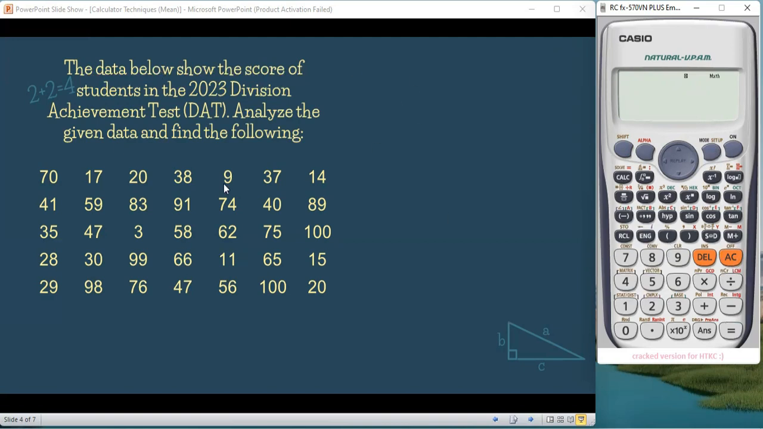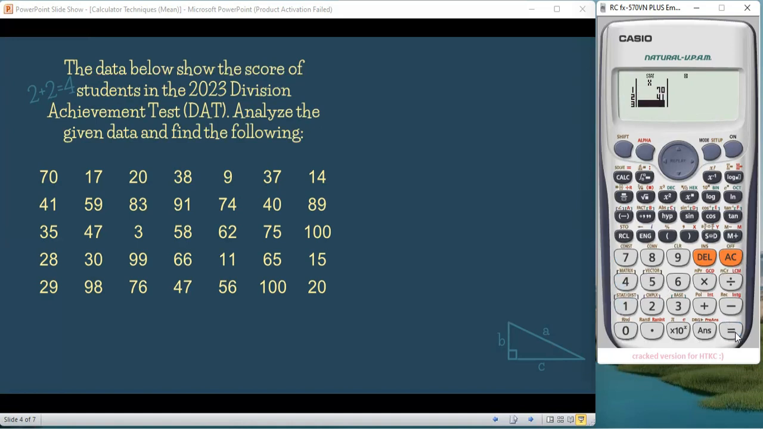So ano na nga po uli yung i-click natin in order for us to get the table. So that is again mode. And then stat, number 3, and the one variable. So that will give us 70,